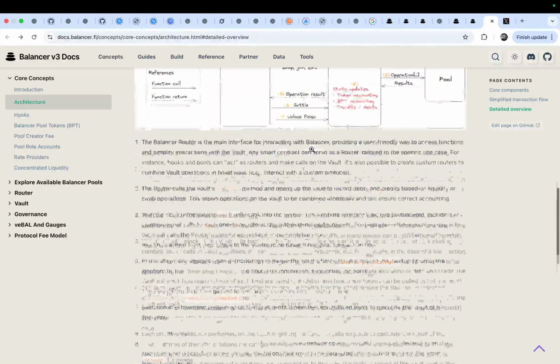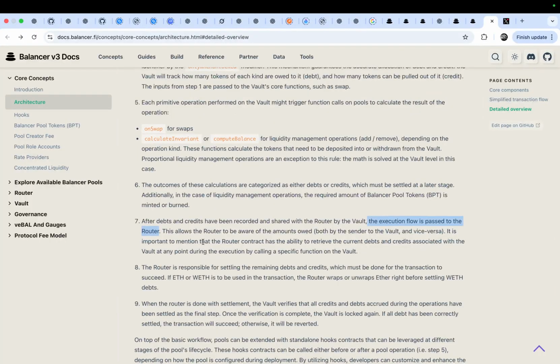Return the operation result. This allows the router to be aware of amounts owed by the sender or vice versa. It is important to mention the router contract has the ability to retrieve current debts and credits associated with the vault at any point during the execution by calling a specific function on the vault.